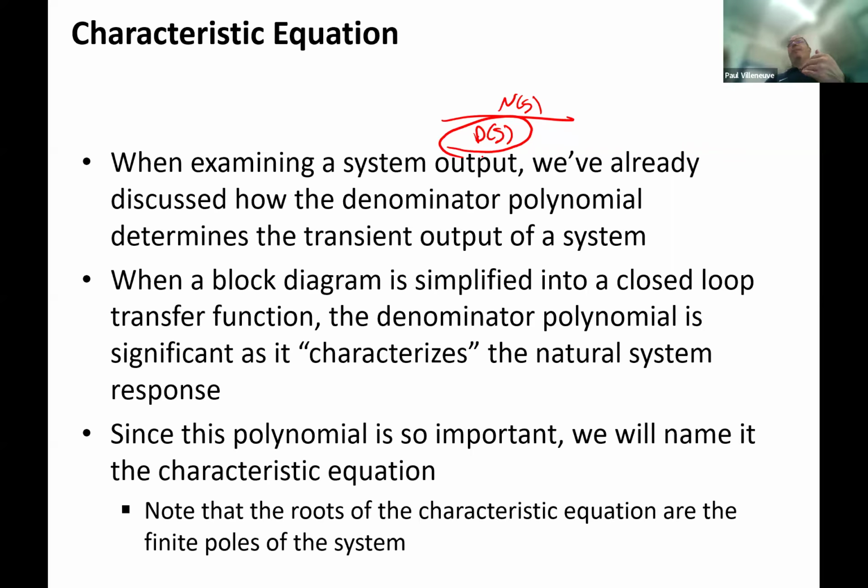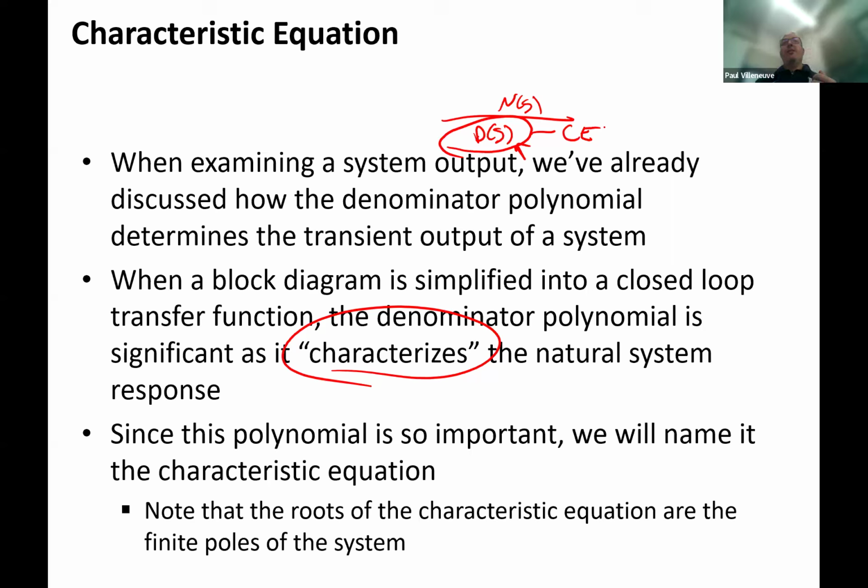Oh, this looks like e to the minus alpha t in the time domain, or this looks like sine of omega t, or this looks like e to the minus something times sine of omega t. And that was always determined by what was happening in the denominator. So that characterizes the behavior of our system. And since it's the denominator, we're actually going to call that the characteristic equation because it characterizes the behavior of